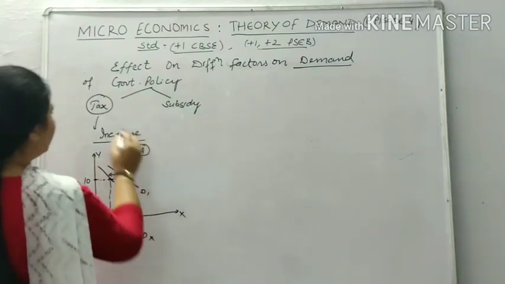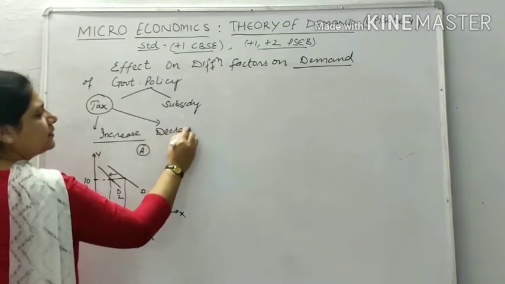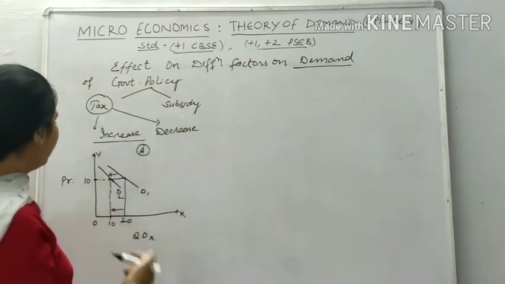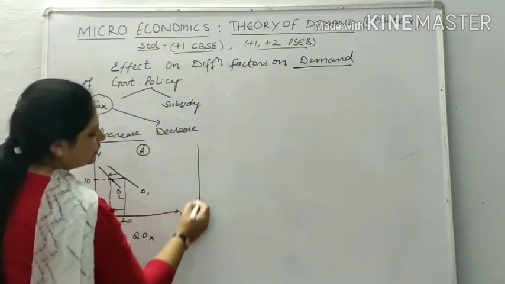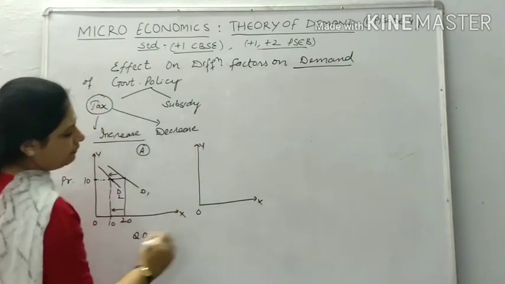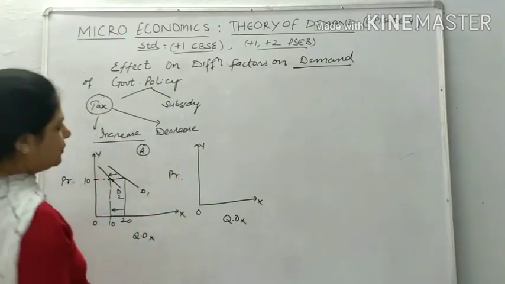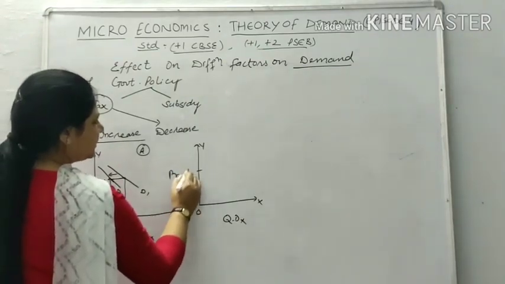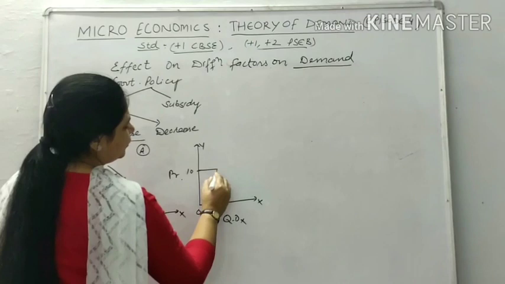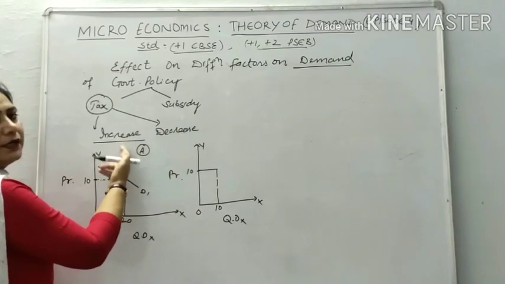Suppose this scenario gets changed. Taxes are decreased. Suppose the government decreases sales tax or income tax that a consumer had to pay. So this change or shift can be shown another way. The same, I am taking here quantity and here price. Students, suppose at the same price, rupees 10, the person is able to purchase only 10 units, as I have shown here with the increased tax.